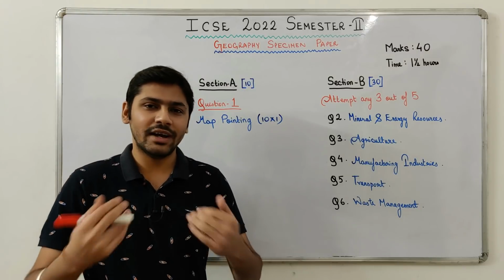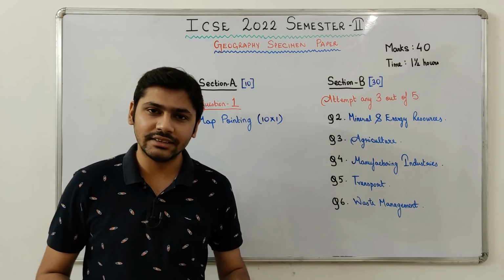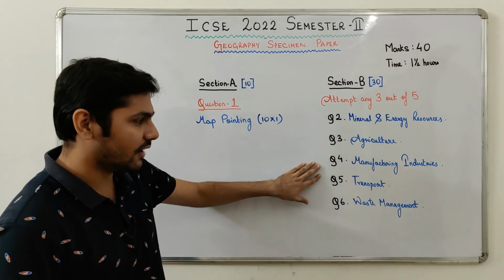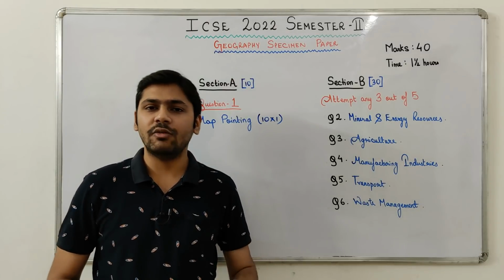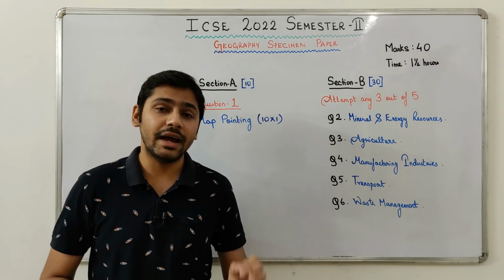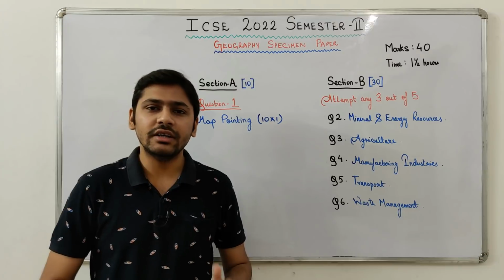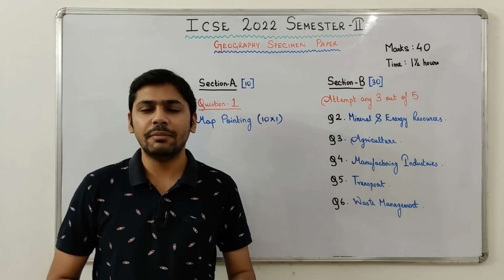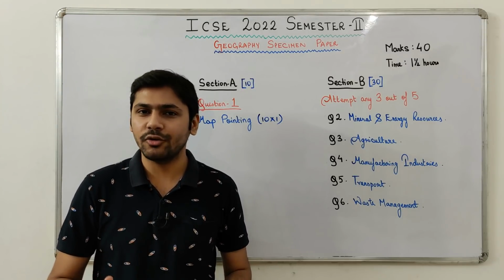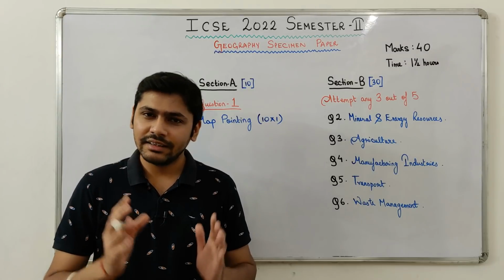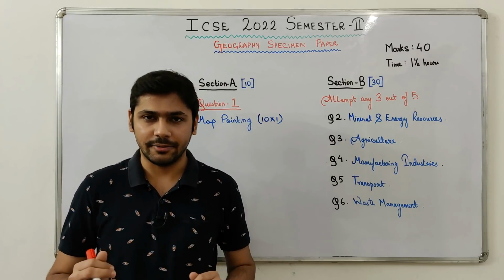Now over here you can ask me what are the chapters I would suggest for preparation, because you only have to attempt 3 out of 5. Guys, first thing I would like to say over here is that don't prepare 3 chapters, prepare 4 chapters, because it will give you some room for error. Say for example, you only prepare 3 chapters but you miss out on a few questions, so you lose marks. But if you prepare 4 chapters, there is a little bit of room for error.